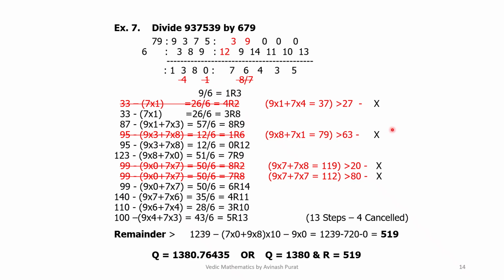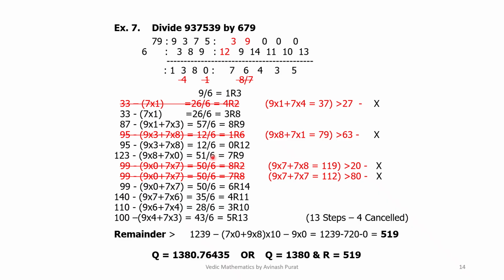So this is out of question. We take 95 minus 9 into 3 plus 7 into 8 equal to 12 divided by 6. We take quotient 0 and then remainder is 12. Now 123 minus 9 into 8 plus 7 into 0 equal to 51